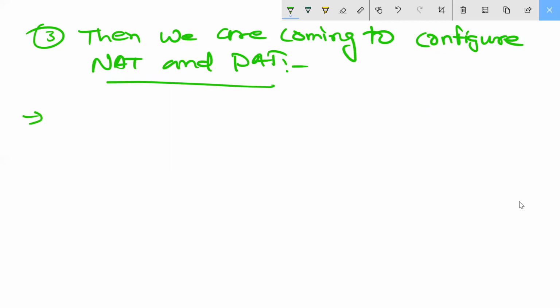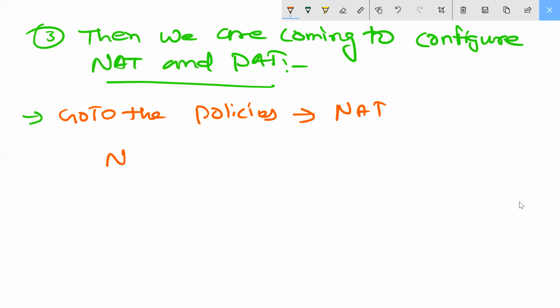You write all the points. Go to the policies. On the left side, you will find the NAT. Add and create the NAT policy. You should write the name here.